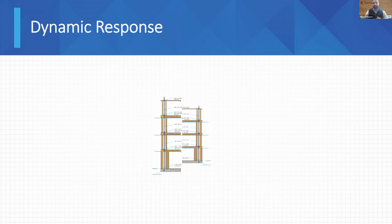Because the engineer has the responsibility to ensure that his compression posts don't fail under compression, that's what they're there for. But yes, if your compression posts experience some sort of plastic deformation, then the omega nut at that level would ratchet down. And the second part of my response is this: if your compression posts do exactly what they're supposed to do,